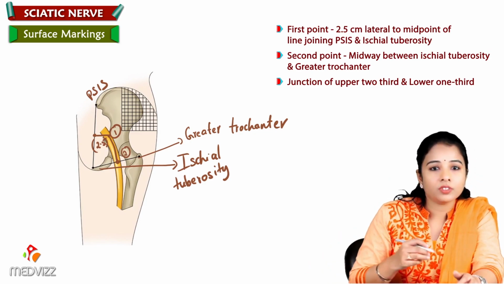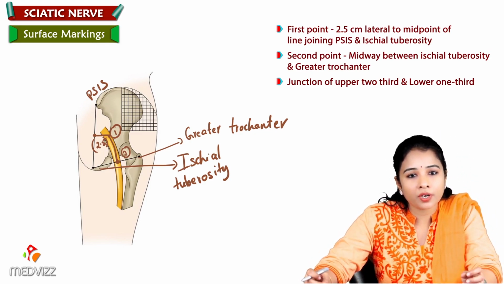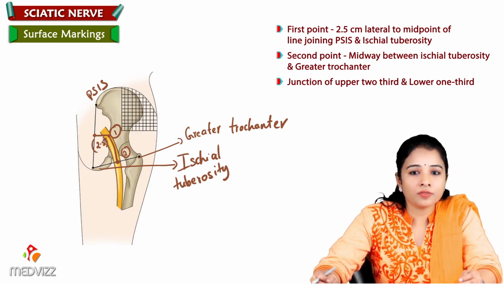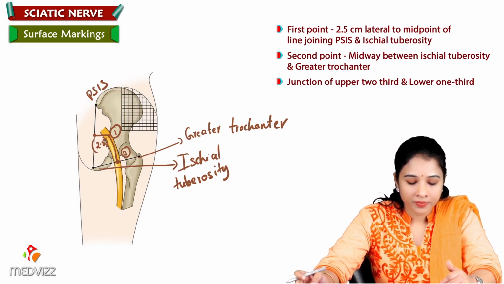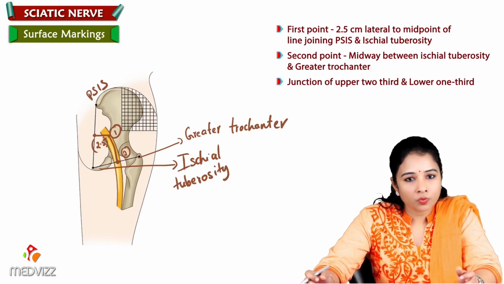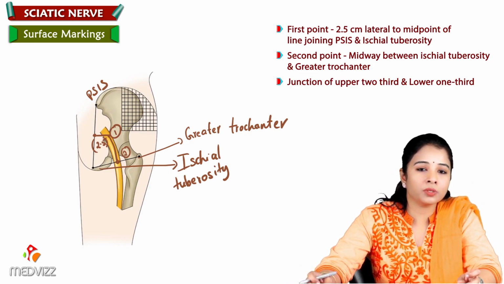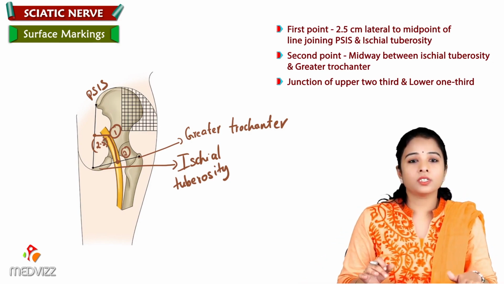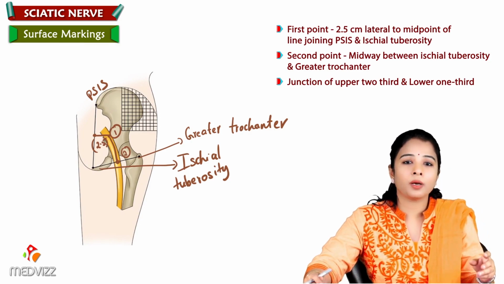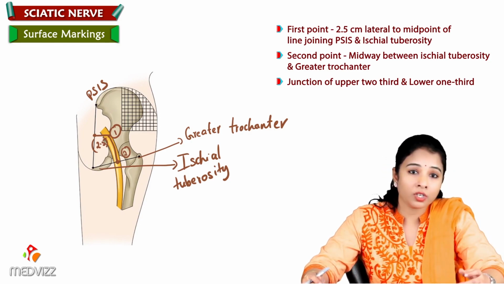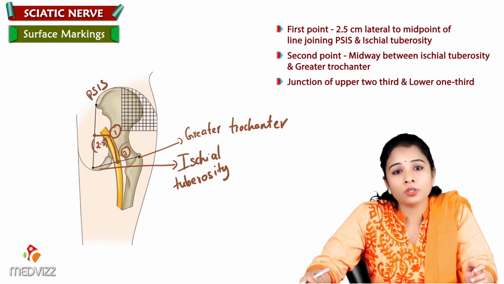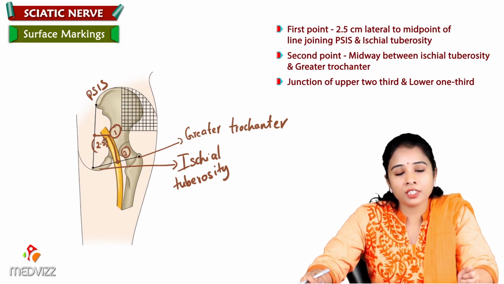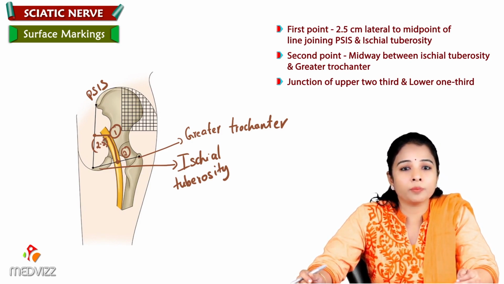The thickness of the sciatic nerve is approximately 1.5 to 2 centimeters. So make a curved line with this thickness, with an outward convexity. Joining these 2 points with outward convexity, 2 centimeters wide, makes the sciatic nerve in the gluteal region. So this completes the sciatic nerve with some applied aspects. We learnt what a sciatic nerve block is, about piriformis syndrome, and also the compression of the sciatic nerve leading to paresthesia, that is sleeping foot.